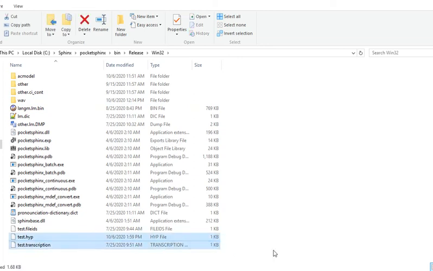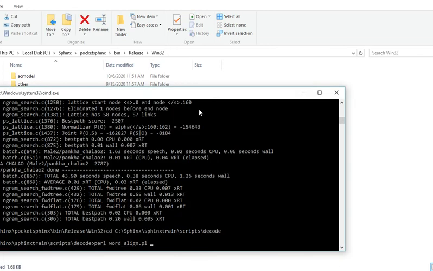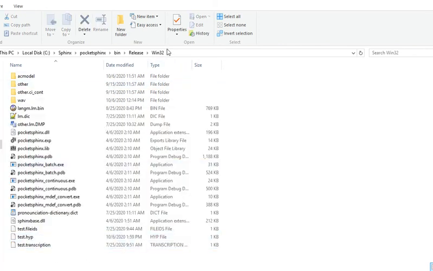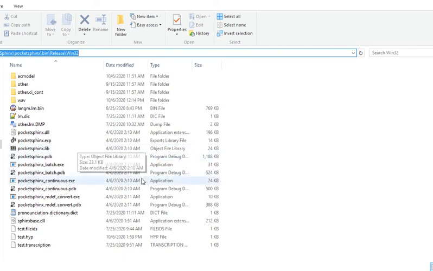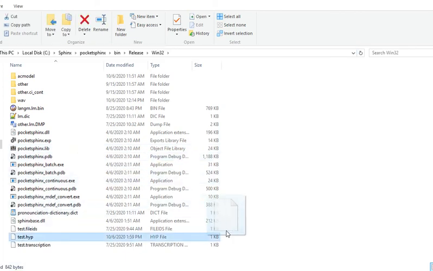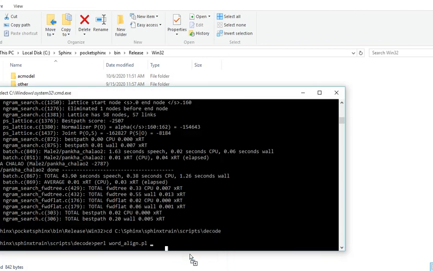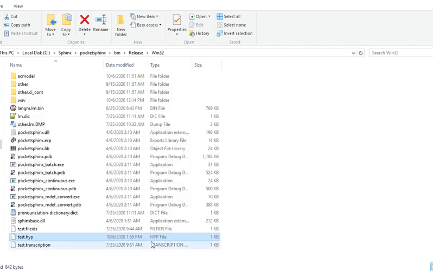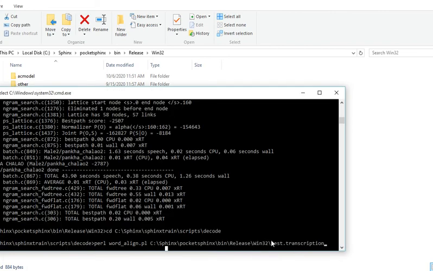As I mentioned before, I am using the Phoenix train file path, and these two files are placed in this path. So I just copy this file with the path here. First of all I have to choose the transcription file with path.